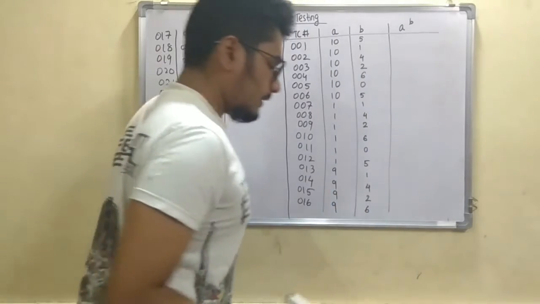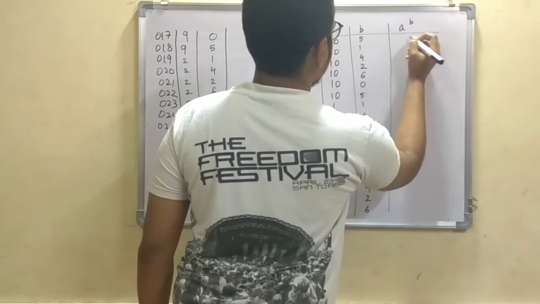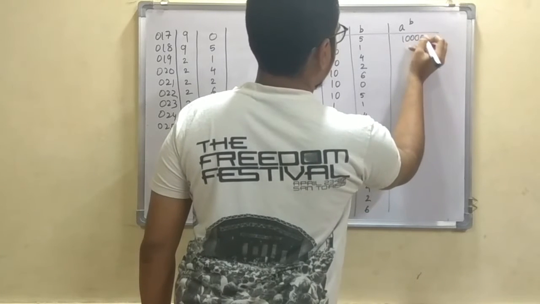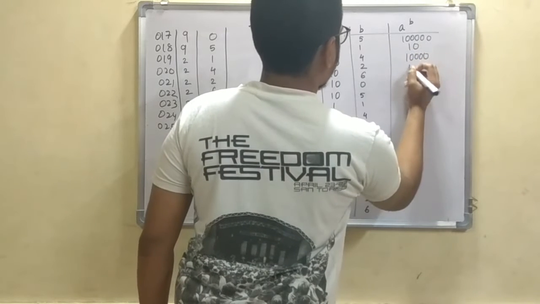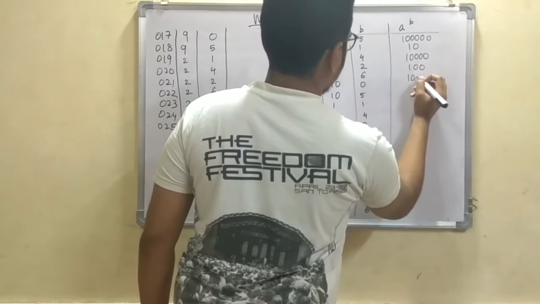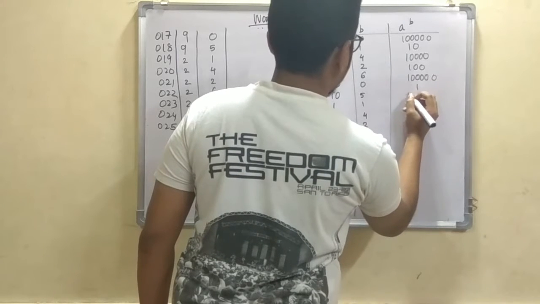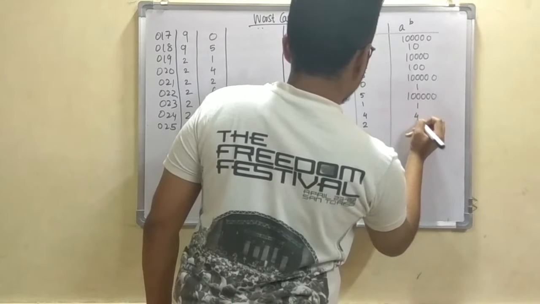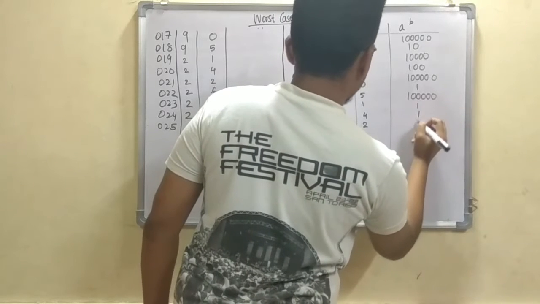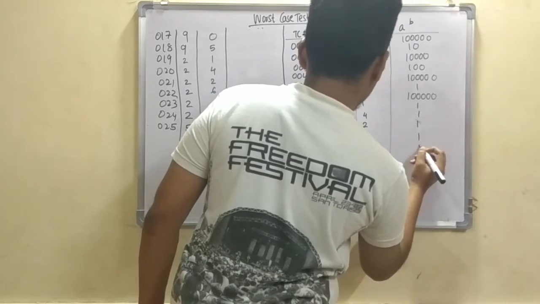So we'll calculate these values. This is 10 raised to 5, so it will be 1, 2, 3, 4 and 5. So it is 10, 1, 2, 3 and 4. This is 100, this is 10 raised to 6, 1, 2, 3, 4, 5, 6. 10 raised to 0 is 1, 10 raised to 5, 1, 2, 3, 4 and 5. This is 1, everything here will be 1. Let's do 1 raised to 6, 1 raised to 0 is 1 also.